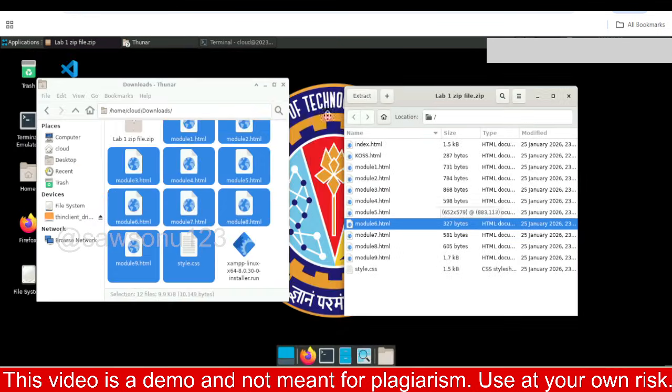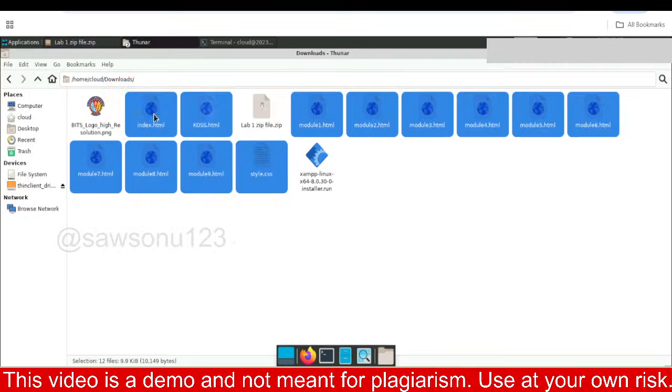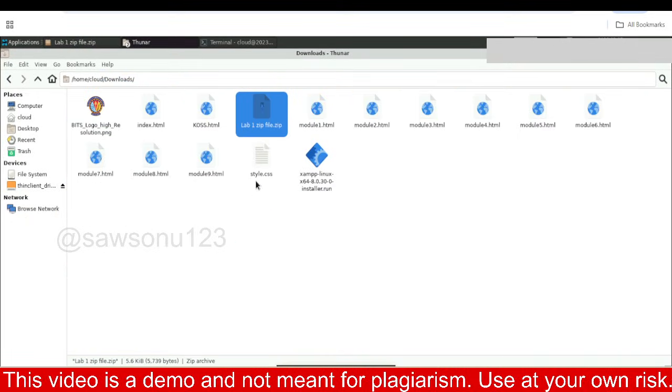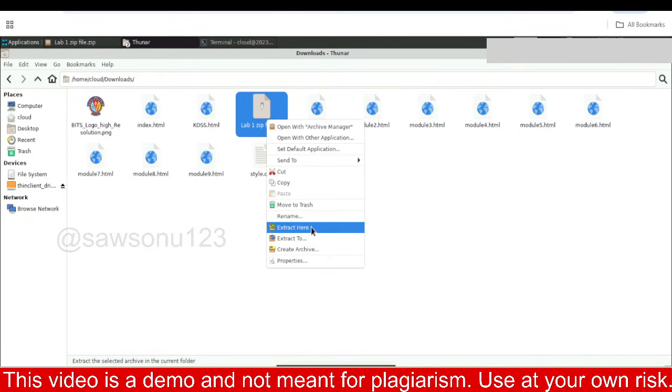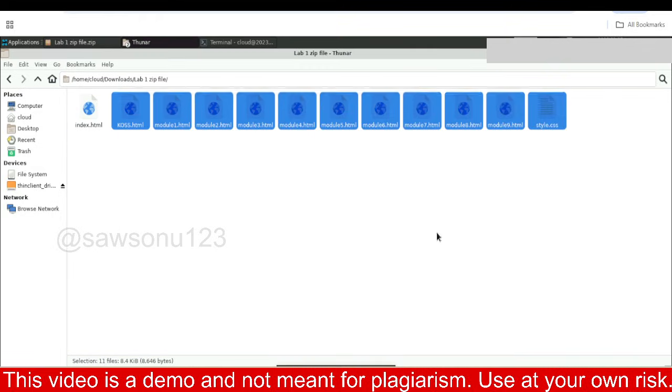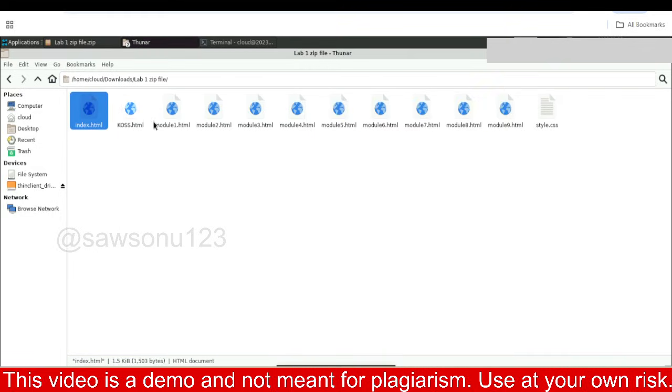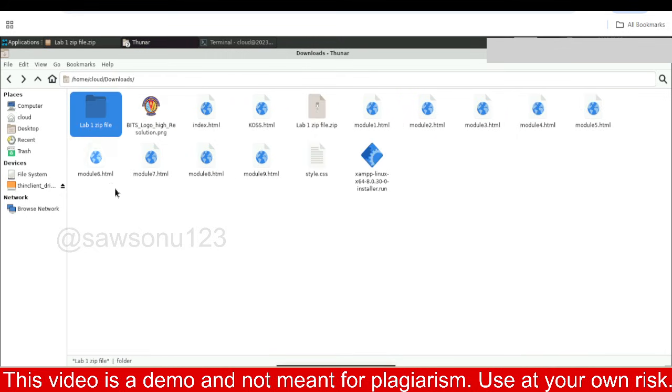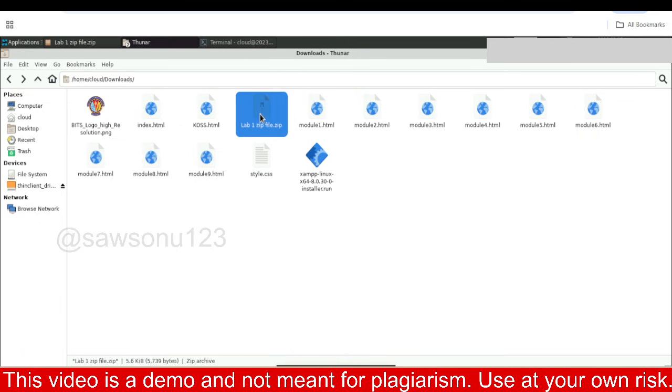So our lab1 zip file is created, guys. See, and now it's visible, lab1 zip file. Now you can extract it here, guys. Now see, the zip file contained all our files. Okay, the index file and cost file we don't need, guys, delete it. 1 2 3 4 5 6 7 8 and our CSS stuff. So all this is needed to be submitted. I mean the zip file. Let me delete this. And this is the zip file to submit, and along with this we have to submit our